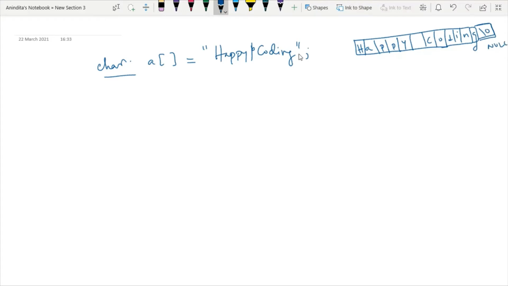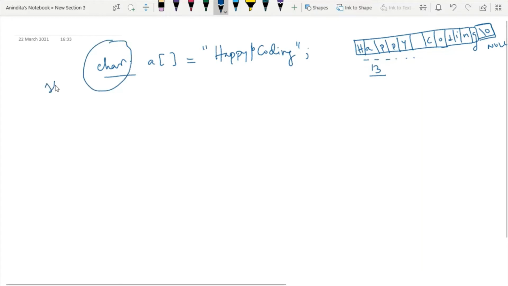So mark one point here. What is the size? Here the size is 13 consecutive bytes. Why am I talking about bytes? Because the size of the character data type is 1 byte. So we have assigned 13.